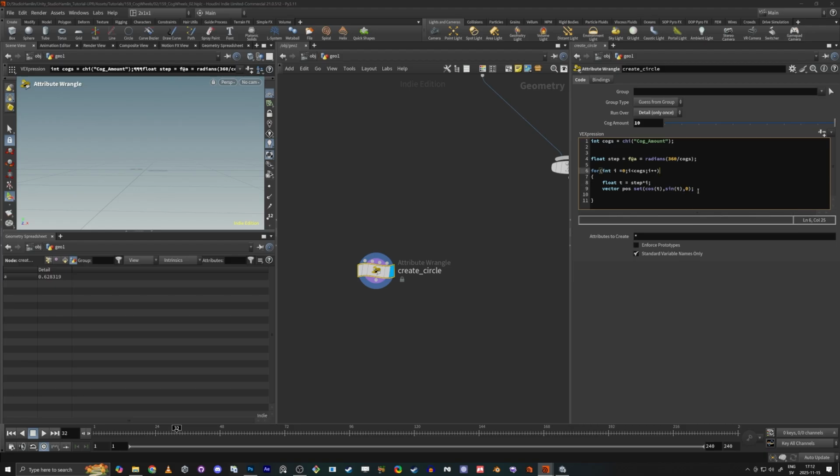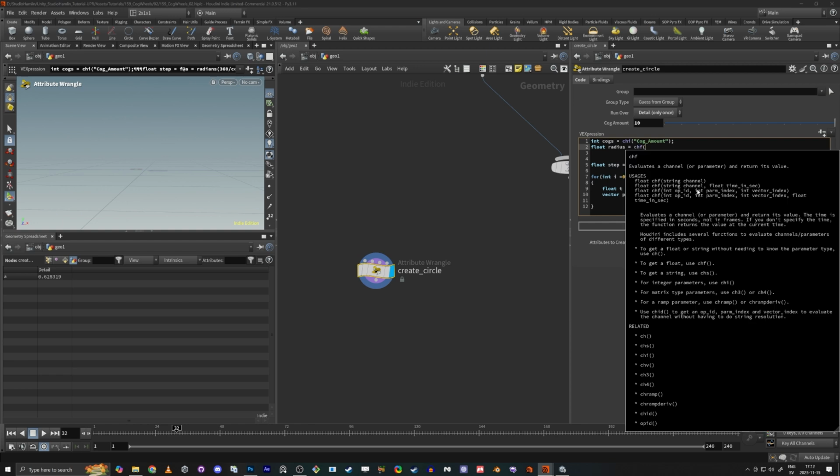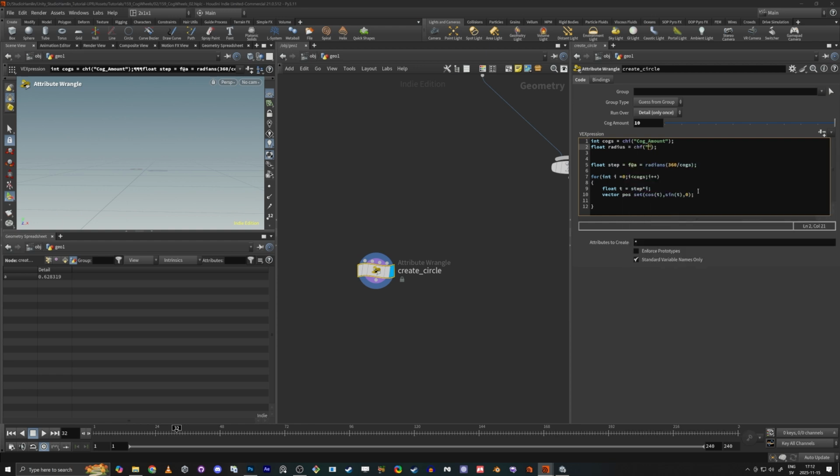And then actually we're going to do a float radius here, and now afterwards we can control the size of this. So we do radius,